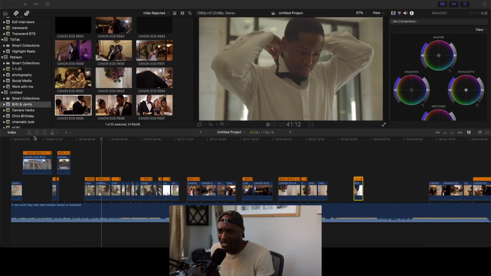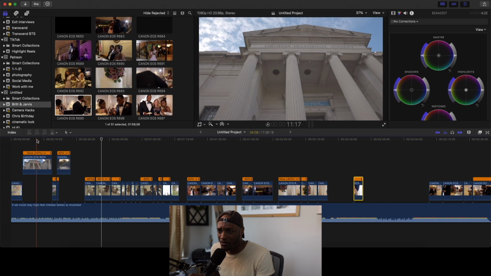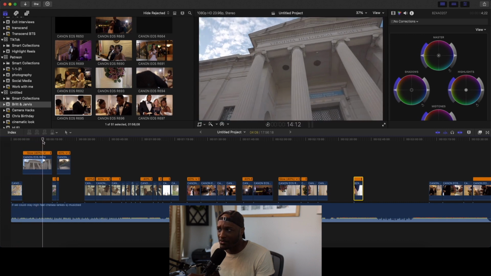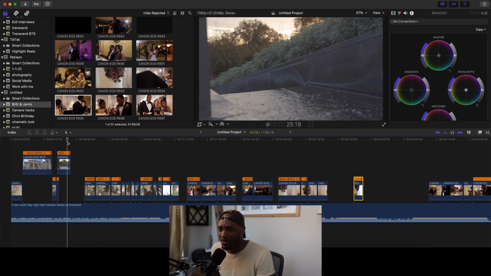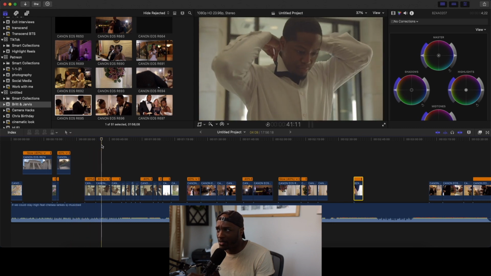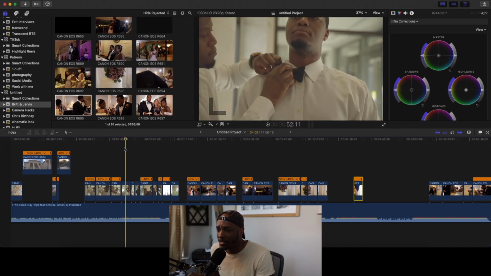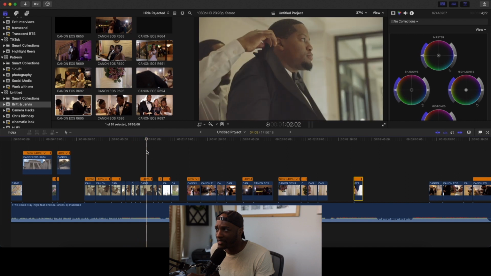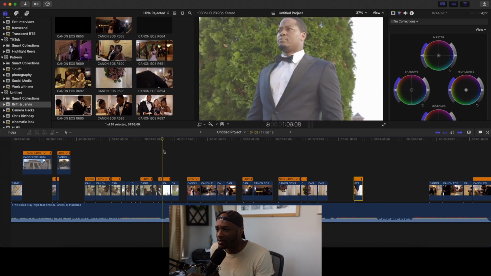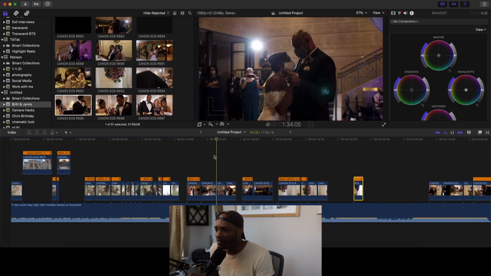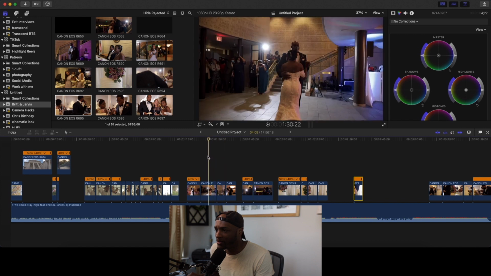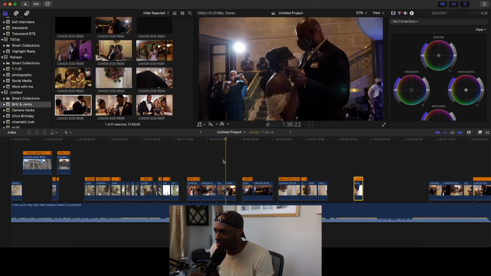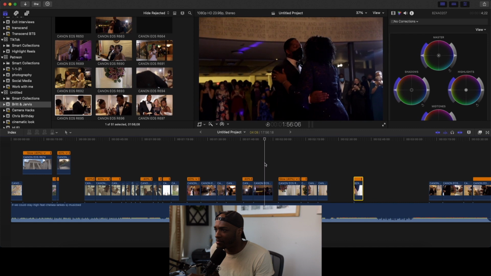In the front here, I just have some B-roll, some of my favorite B-roll from outside of the venue. And then here I have some of my favorite B-roll of him getting ready and also walking outside in his outfit alone. Then I have some B-roll of them dancing with their parents. So that's her dancing with her dad. That's him dancing with his mom. Then I have some B-roll of the cake.